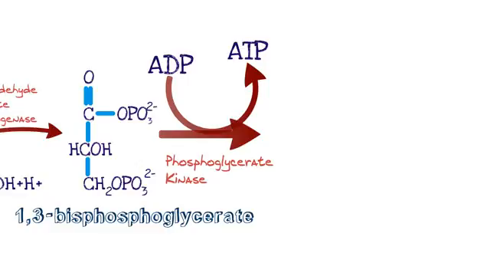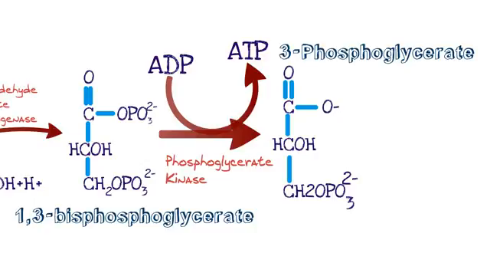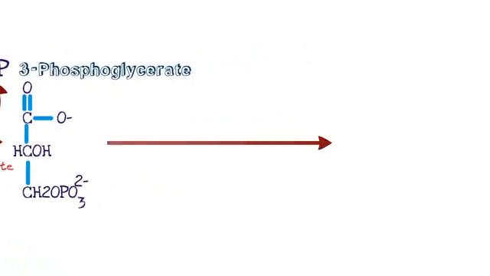Now, once kinase has acted, it produces 3-phosphoglycerate. Why? We had a phosphate at the 1 and 3 group of the 1,3-BPG. Kinase removed a phosphate at the 1 carbon, leaving us the phosphate at the 3rd carbon, creating 3-phosphoglycerate. Now that we have 3-phosphoglycerate, the next step is